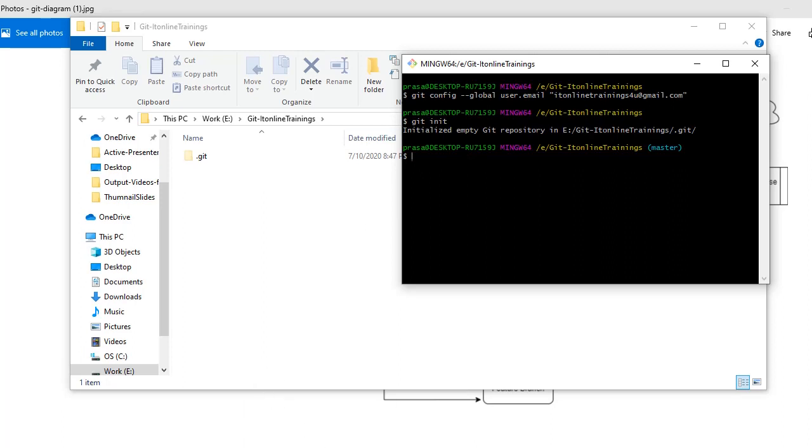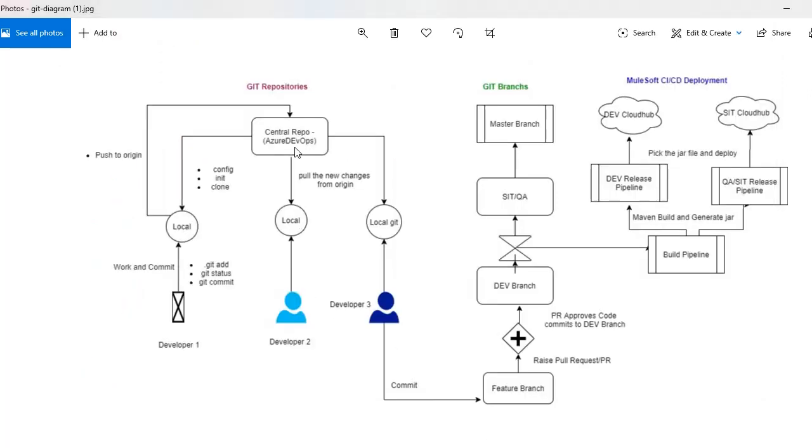Now, if you remember, let's go back to the diagram. This is our first step. By using the config command, we have made a link between these two repositories, and we have initialized the directory.